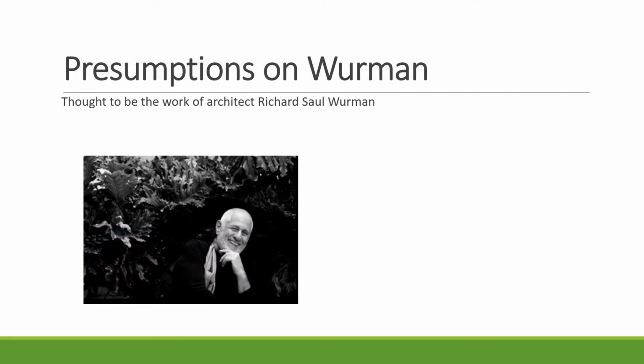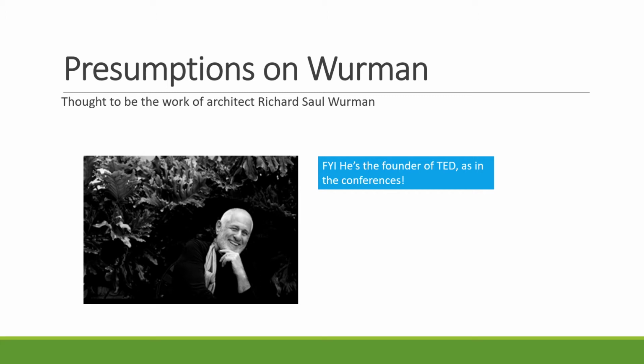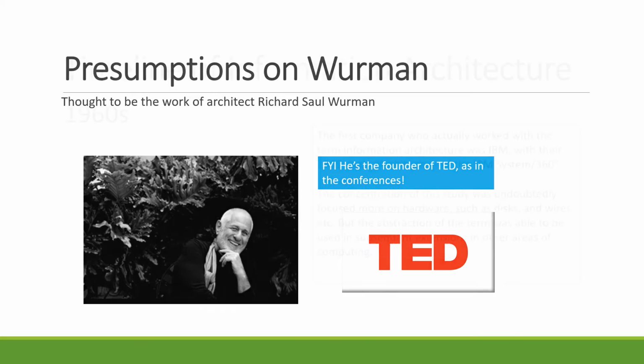In terms of the information architecture movement, the father of the movement is generally considered to be Richard Saul Wurman. Wurman is an architect and is often thought to be the person to coin the term information architecture. Despite today's usage being related to the design of information, the use of the term goes further back than Wurman's famous address at the American Institute of Architecture conference in 1976.